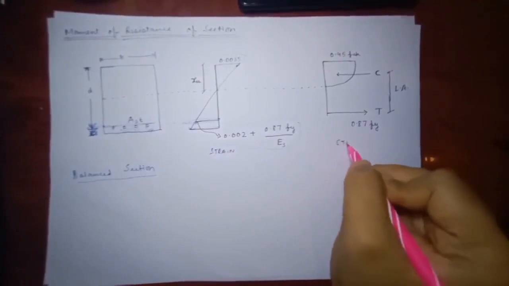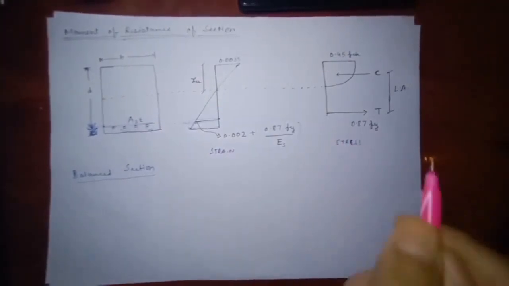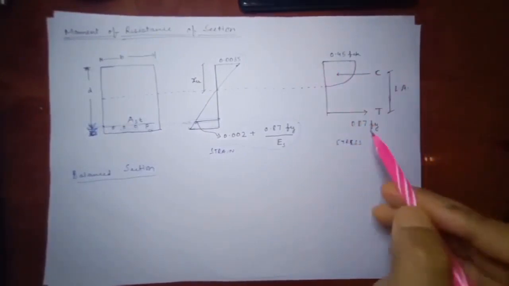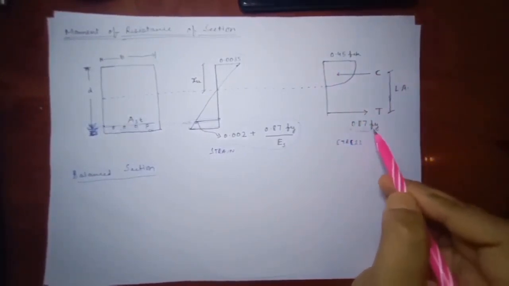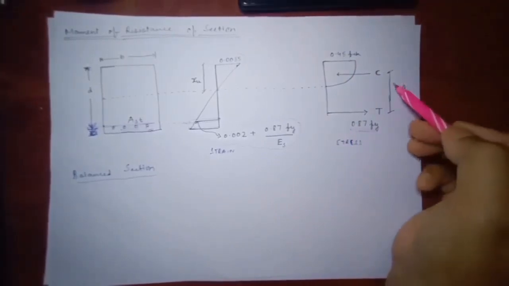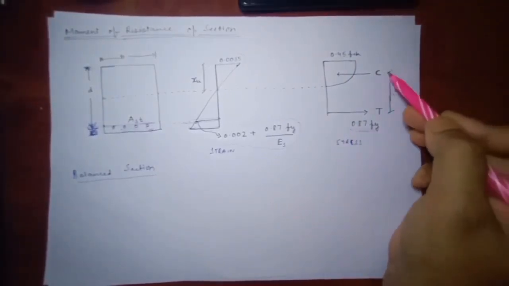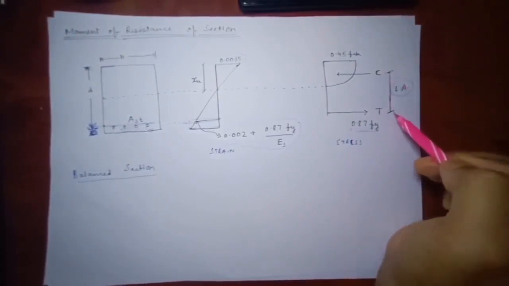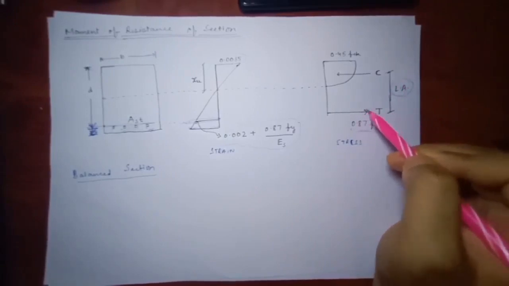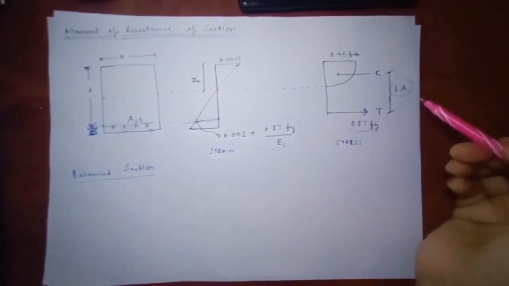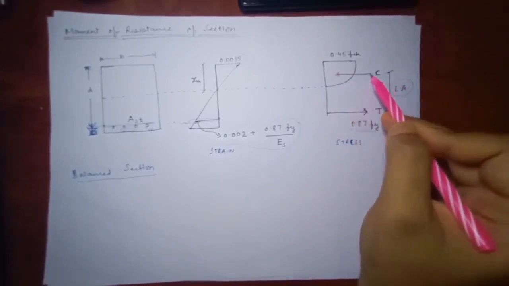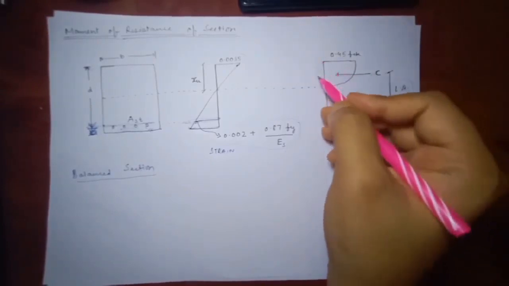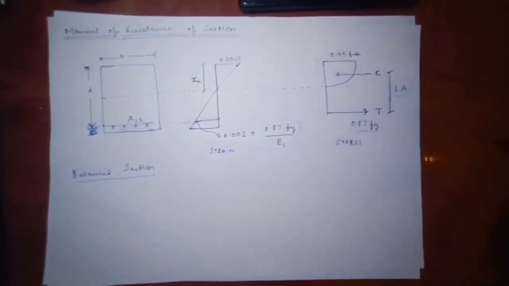This is the strain diagram, and similarly the stress block diagram is over here. 0.45 FCK is the maximum stress for this particular concrete, and 0.87 Fy is for the tensile steel. For clear representation, the lever arm is drawn over here. In other words, the lever arm is the distance between the resultant of the tensile forces and the resultant of the compressive forces, which is acting over here, and this is at a distance of 3/8 A.